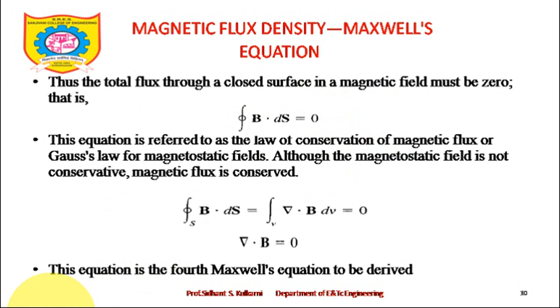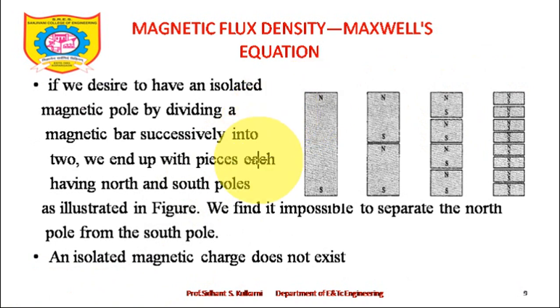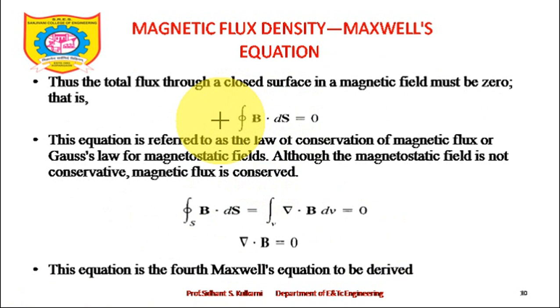If that is so, what can I do? The total flux through a closed surface, the magnetic flux, must be 0. Yes or no? If I have a south pole and north pole, and the nature is north to south and south to north, even if I cut it into small pieces, definitely the flux through the closed surface of the magnetic field must be 0. That means if I enclose a magnet with a certain surface, I am not going to get any flux line, because the flux is not getting diverged outside. It starts from north, ends at south, and inside the magnet goes from south to north.